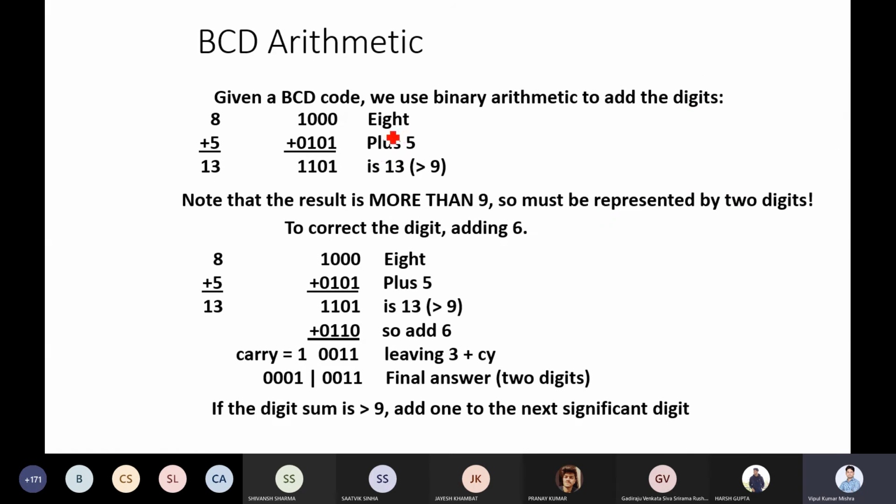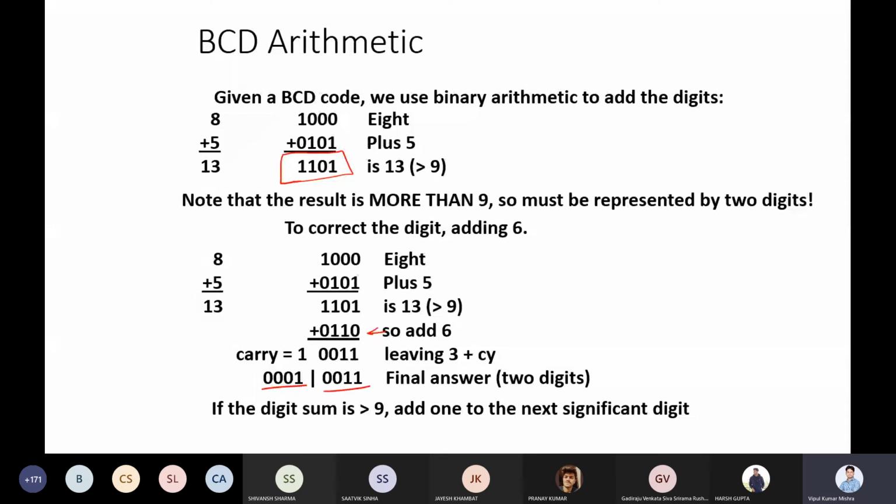So the same thing we have written here. Suppose you are doing 8 plus 5. In general, it will be 13. But this 13 is an invalid bit in BCD. So then we have to add +6 over there. We added +6 and then we got 1 and 3. That is the final answer. And these are the 2 digits that we want in BCD arithmetic. Getting? So in that way, you can solve BCD addition or BCD arithmetic.